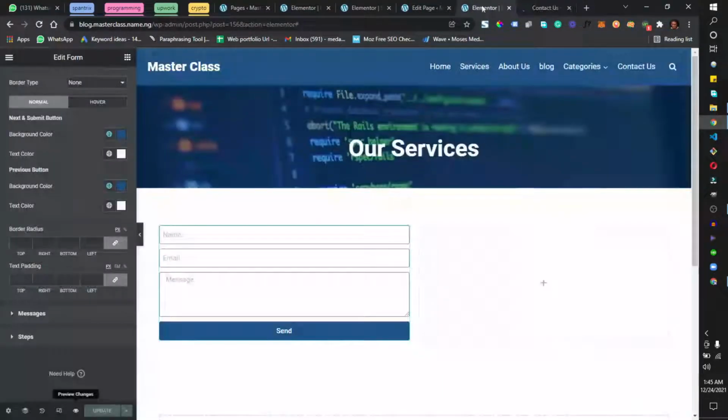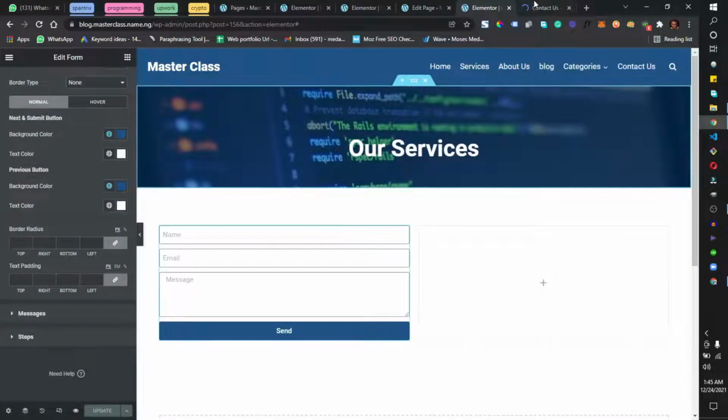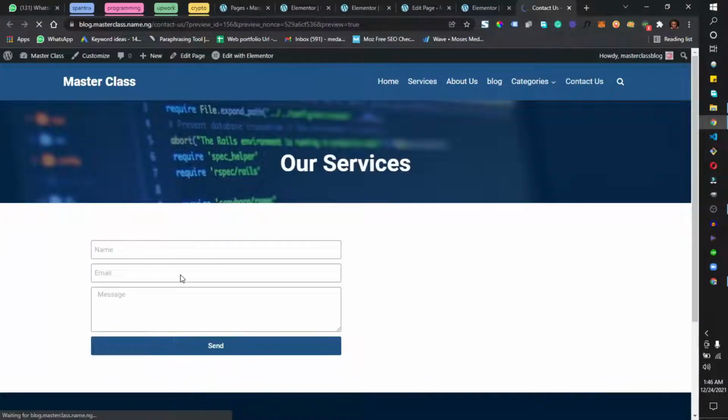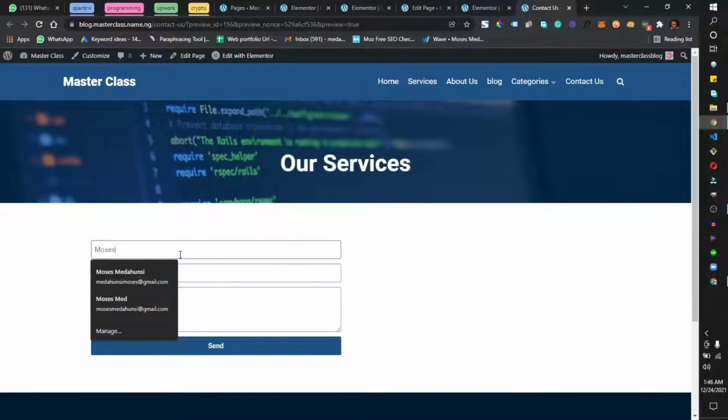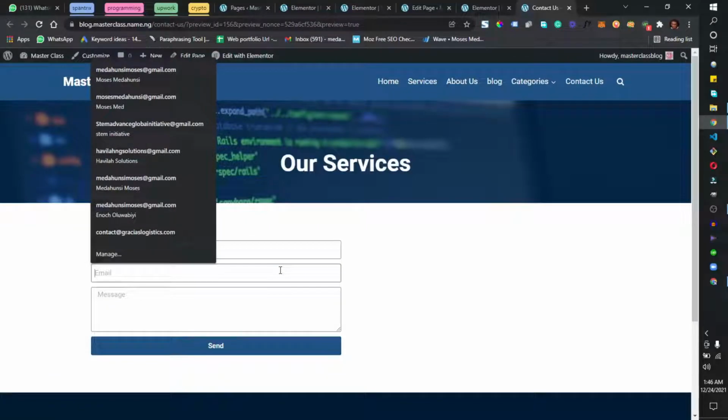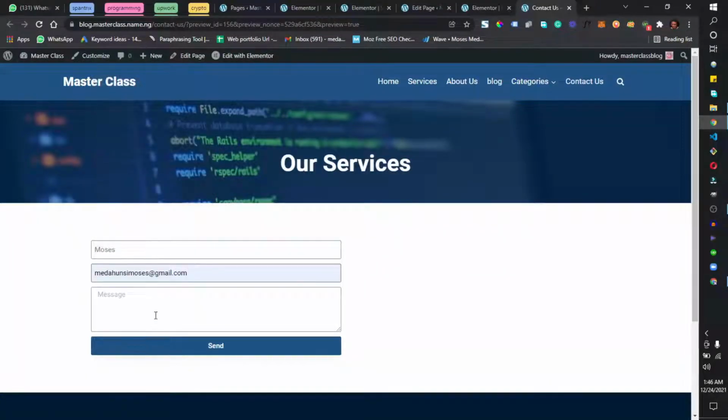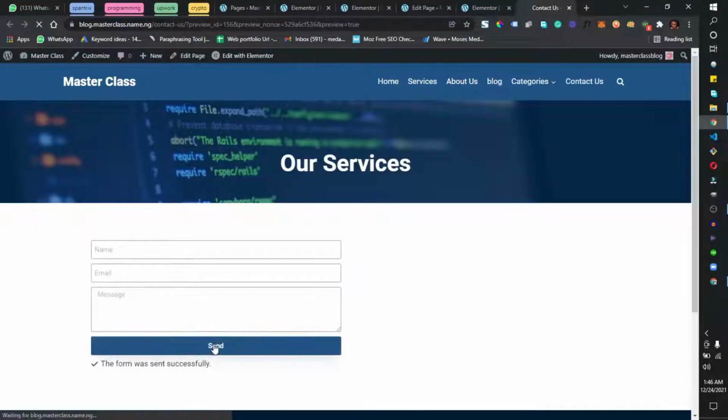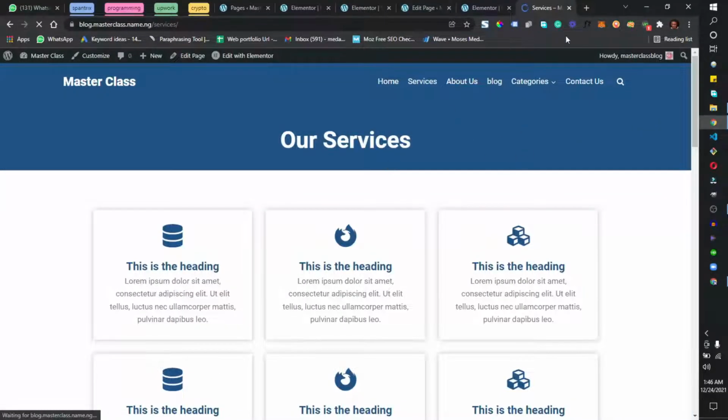I'll open this in another tab. I'm going to click on view, the little eye icon here, and I'll show you something quickly. If I input my name, Moses, and email, I'll just use Moses, and this is a test. If I click on send, I get a message: the form was sent successfully, and I got redirected back to